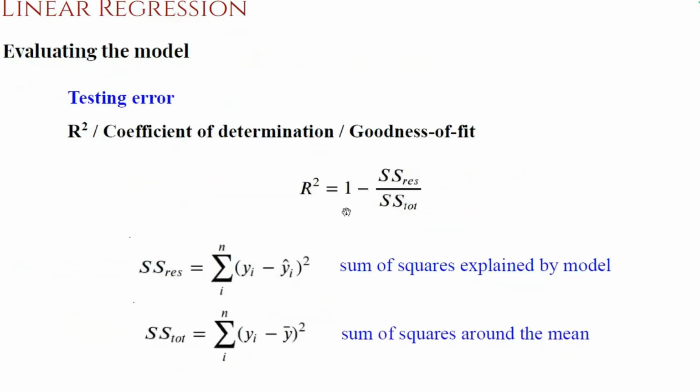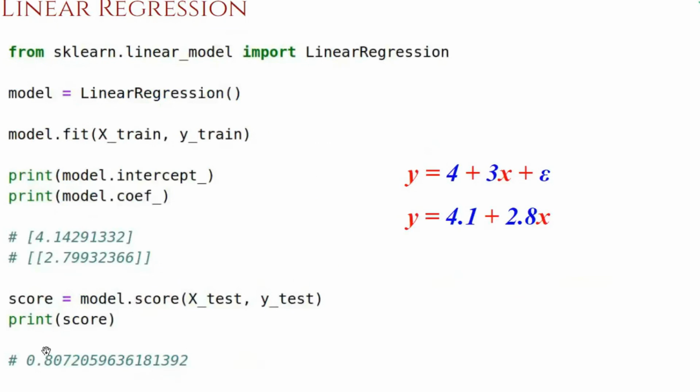So 0.8 is very close to 1. That means our machine learning model is doing at least 80% better than the simplest solution or the average solution. So 0.80 tells us that it is reliable. It is giving a very good prediction of the height. This is the way we will evaluate our model. So we can say our model is 80% good. That is the simplest interpretation. Our model is 80% accurate in terms of predicting the height of the participant by looking at the weight itself. So this is how we interpret.